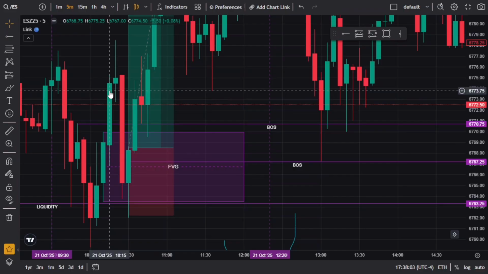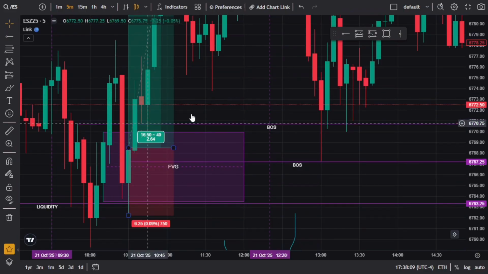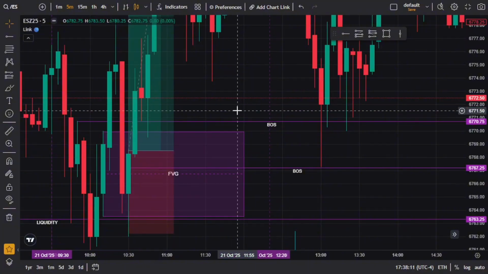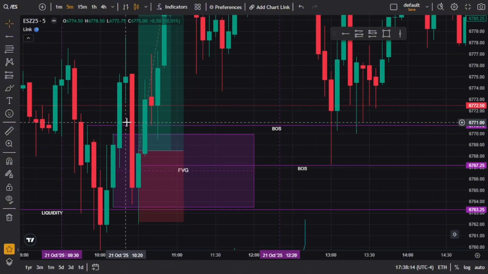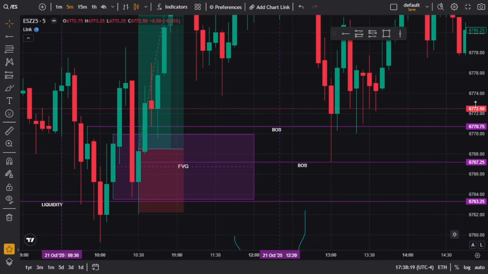You have to wait for the candle to close, because if you're impatient, this could easily go back down. And you're like, well, I thought my breaker structure happened. I don't know what happened. The market's just weird. No, you didn't wait for that candle to close above that breaker structure we marked out, right? So that is how you know a breaker structure happened.